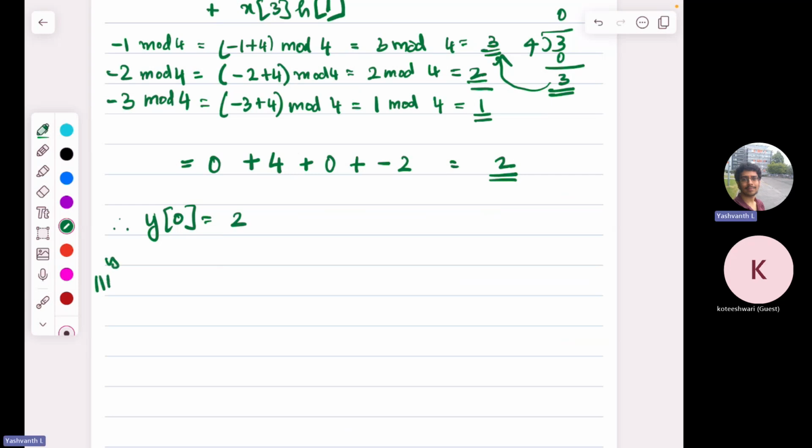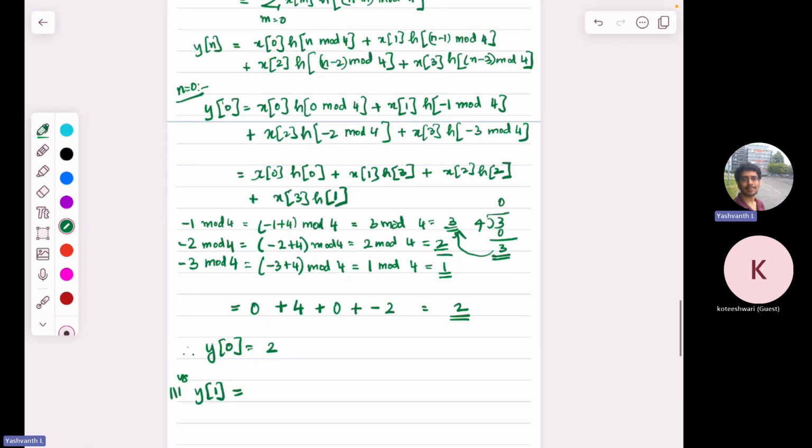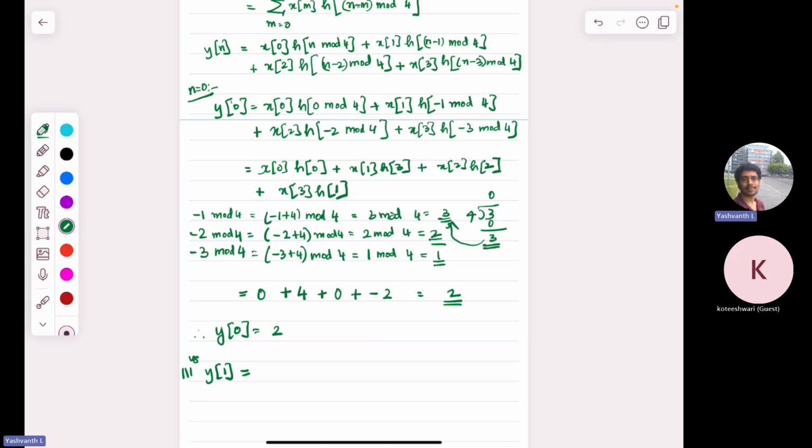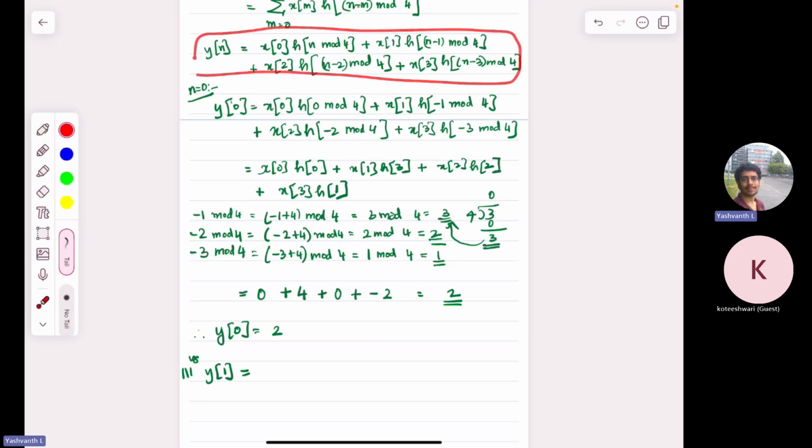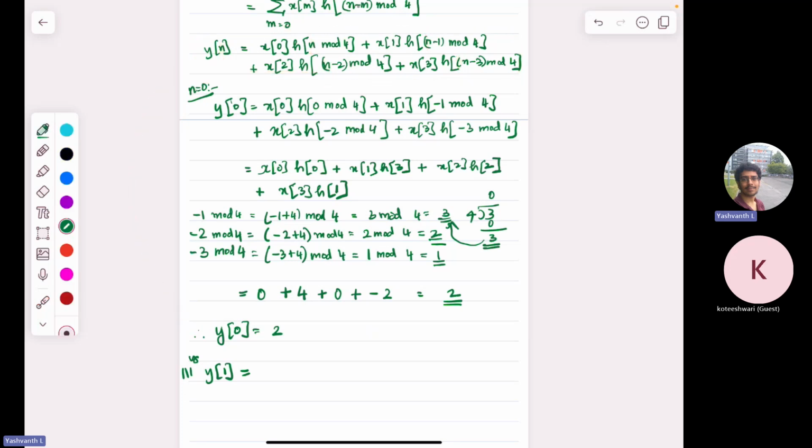Similarly, you need to compute the above for y of 1. You can show that y of 1 will be the same thing as above. Basically, go back here. This is a general expression for y of n. Put n equal to 1 here. Then what you get, I'm going to write down here. So y of 1 will be x of 0 into h of 1 plus x of 1 into h of 0 plus x of 2 into